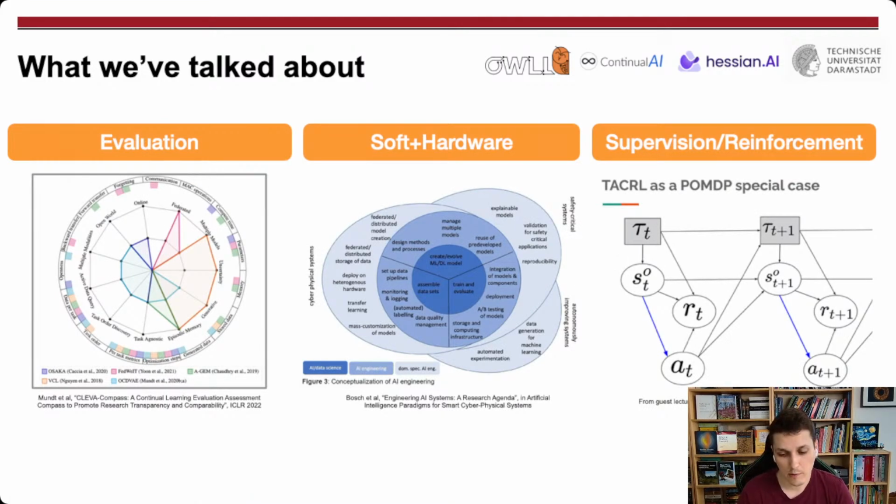To conclude the summary a bit before we go on to frontiers, we've talked about evaluation, software and hardware, and we've had various guest lectures, two guest lectures to be specific here. So in the evaluation setting, we've mentioned that the train validation test scenario is quite tough to think about because we need to extend it. But then we've realized, hopefully, that if we extend it across various dimensions,